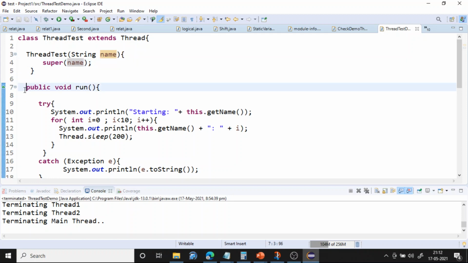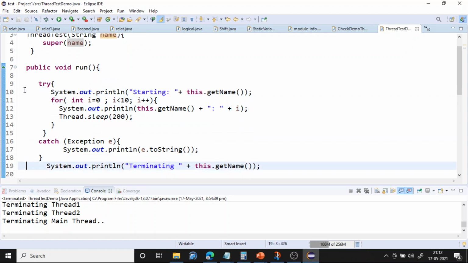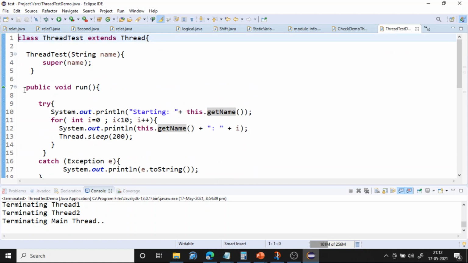Followed by that we are overriding the run method, and here within a try catch block, it should be written within a try catch block, we are saying System.out.println starting so and so thread. So we should say the thread name, so we do this.getName. Here this represents the object of the current class.